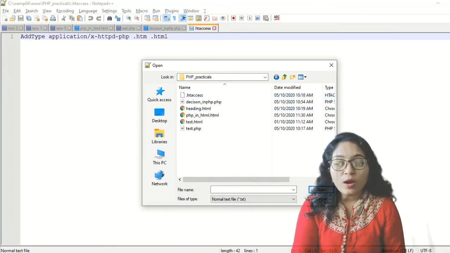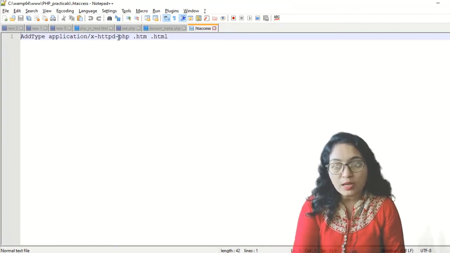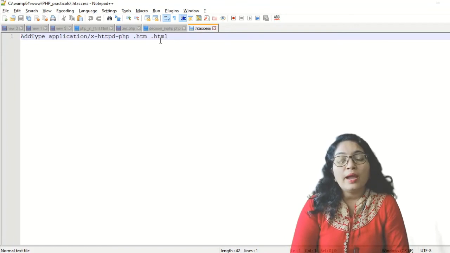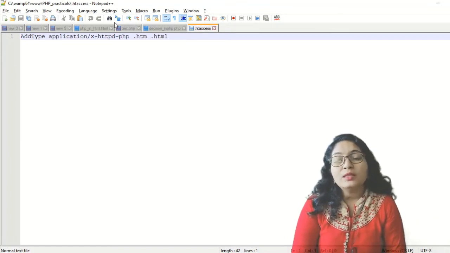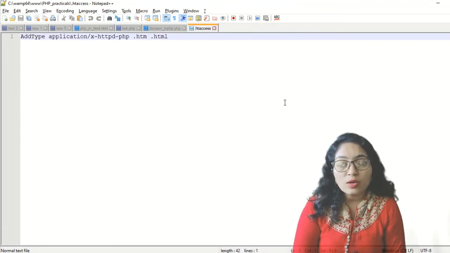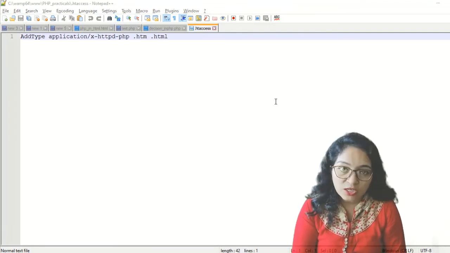Now what you have to write is this statement: AddType application/x-httpd-php .htm .html. Then you have to save it, and you have to restart the services of the web server. Okay, then only are you able to execute PHP code in an HTML file.